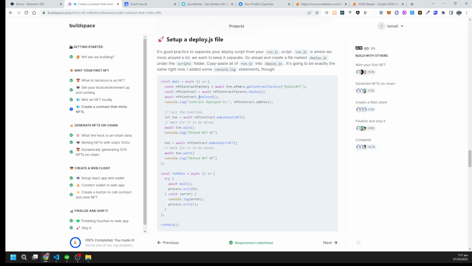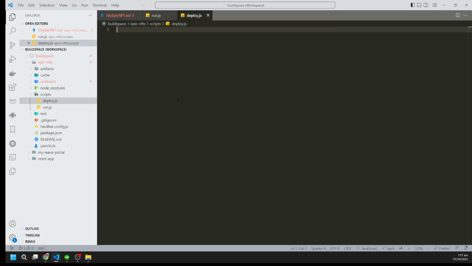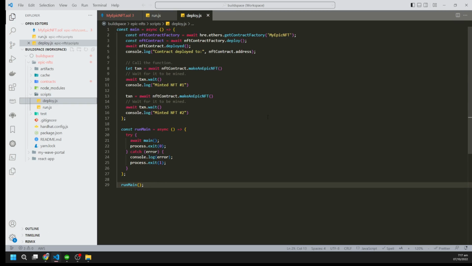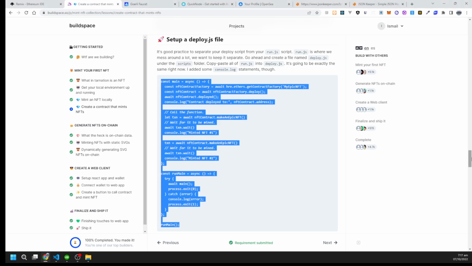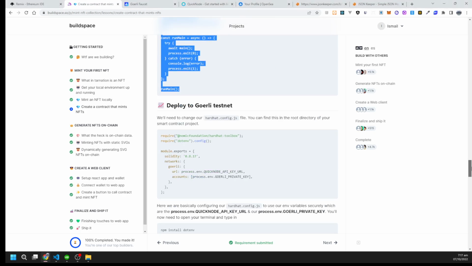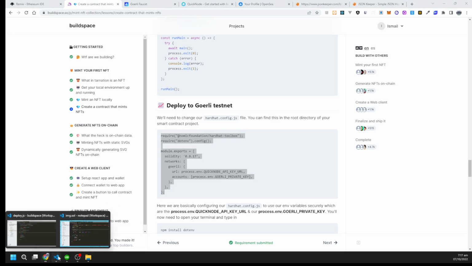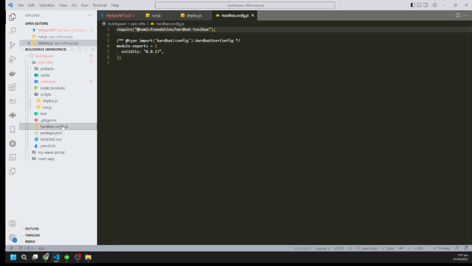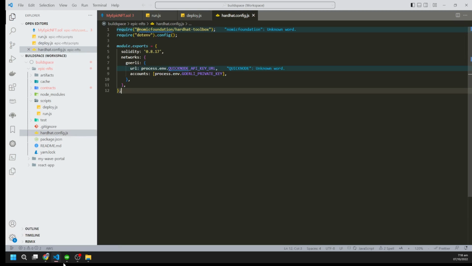Now let's deploy it by copying this file and pasting it here. I have already created a file, deploy.js. Now let's see how we can deploy it. Copy this code and just paste it in the hardhat.config.js file. Paste it here,